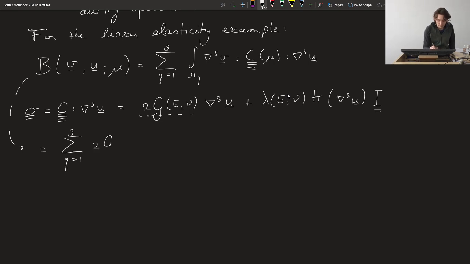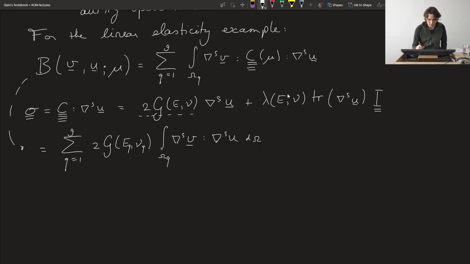So I have 2g, again a function of E and nu at q, multiplied by the integral over that subdomain of the symmetric gradient of v, double contracted with the symmetric gradient of u, d omega. And we have another term: plus lambda, with E q and mu q, times the integral over that subdomain omega q